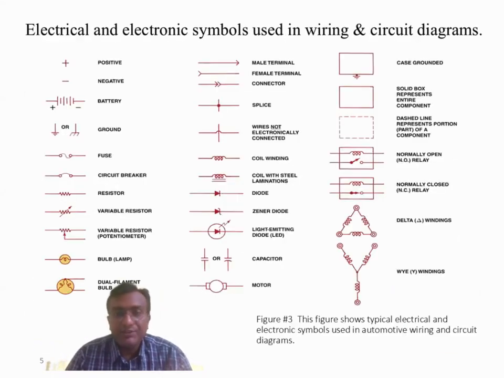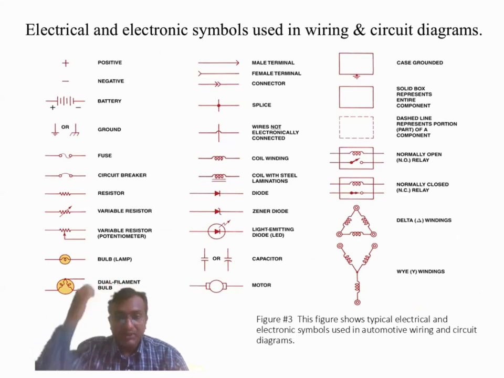Now here are the various symbols used in our wiring schematics. This is for positive, this is negative, this is a battery, this is a ground, and this is a fuse with a wavy line between the two terminals. This one is the circuit breaker, as we have seen in the earlier lecture. This one is for resistance, and this is for the variable resistance with an arrow on the zigzag portion. This arrow, in this way, indicates a variable resistance with a potentiometer. This indicates a bulb or a lamp. This indicates a dual